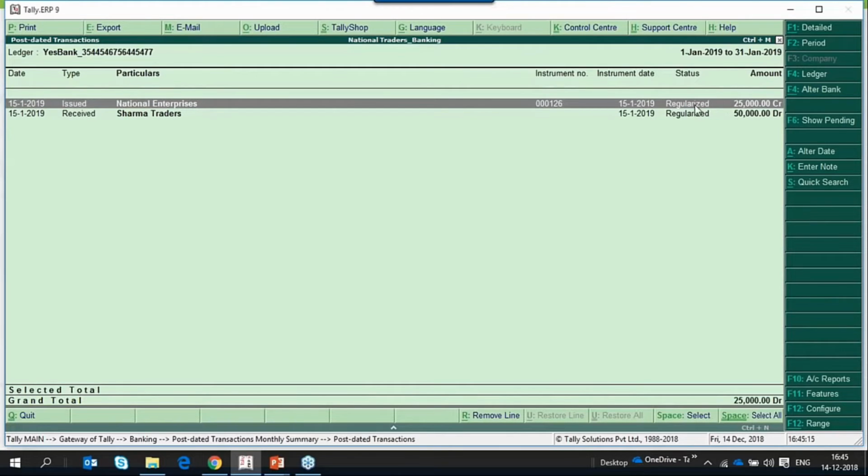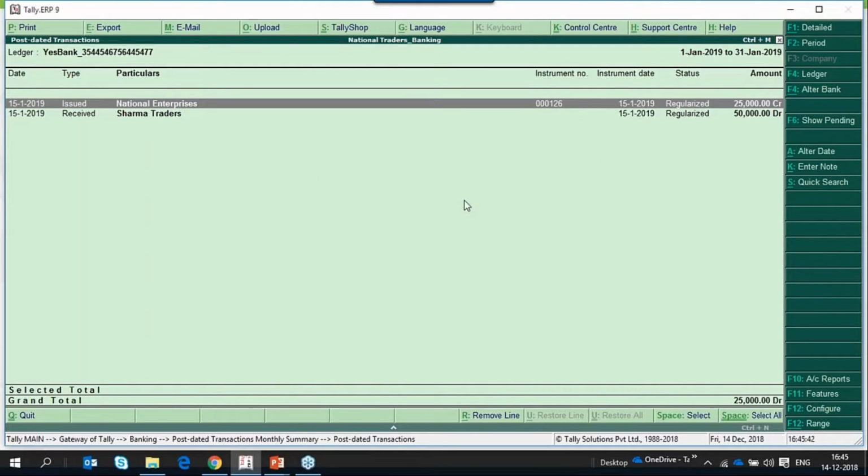The transaction has been regularized now. Since the current date, or the date of last entry, is 15th Jan 2019, the transaction has been auto regularized, and it will now start reflecting in our books of accounts and will start affecting all the reports. So this is how we can manage post-dated checks.